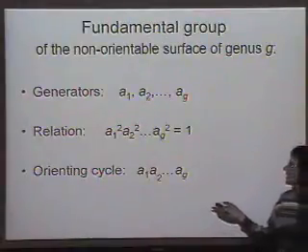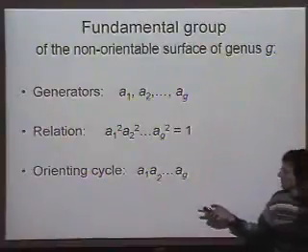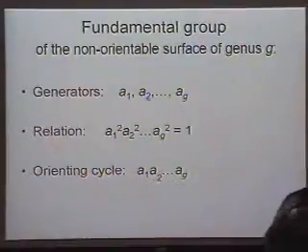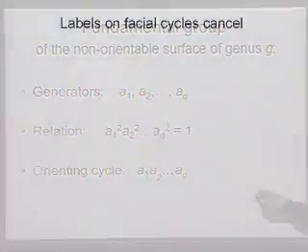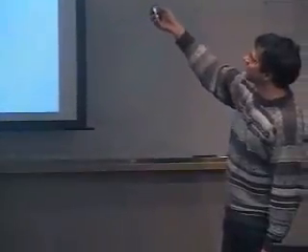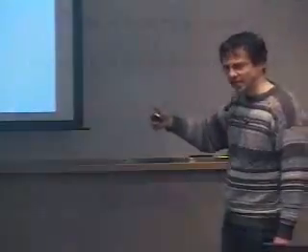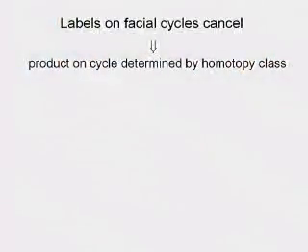Nobody really considered orienting cycles that much, but if you want to consider orienting cycles, then this is how to get one. There are many orienting cycles, but this will give you one. If you just take this product without the square, that gives you an orienting cycle. So what do we have now? We have that the labels on facial cycles in the faces of the red graph cancel. So as a consequence of that,